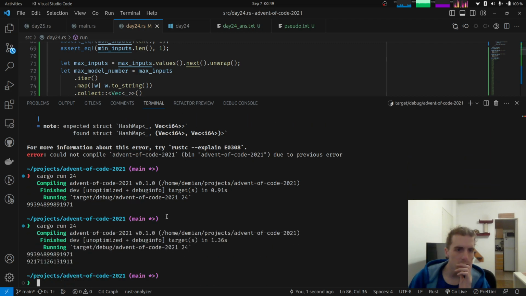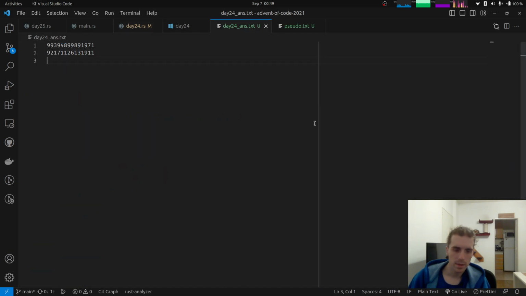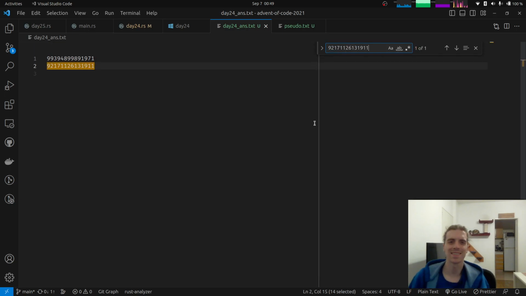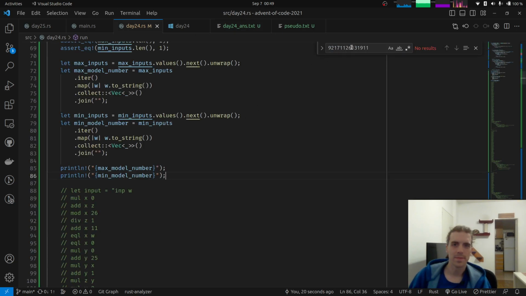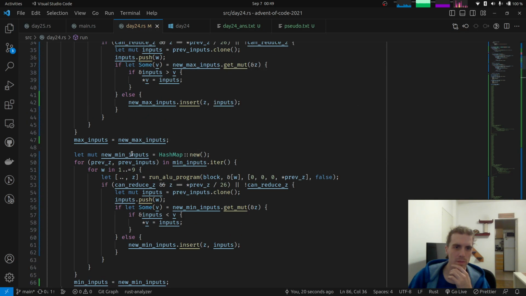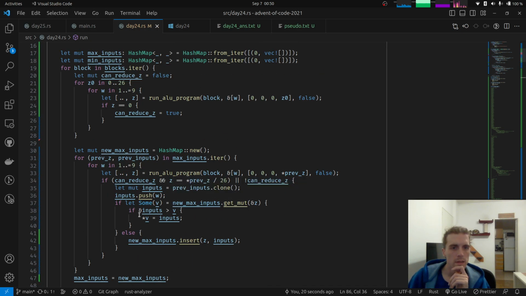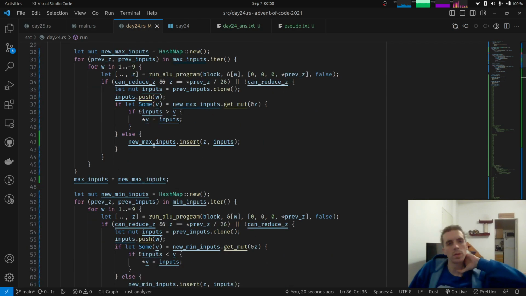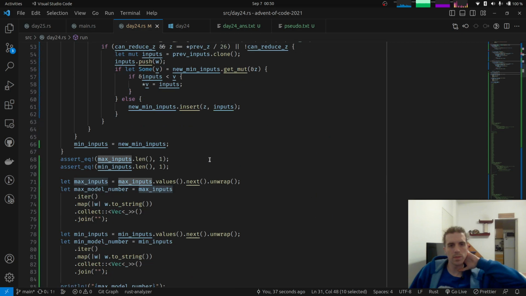What happens if we run now? Well, the maximum is the same as before, yes. And is the minimum the same answer that we have here? Yes, it is. Okay. All right. So this has repeated stuff. What you gonna do? Yeah, it is pretty repeated, to be honest, but they are 2 different things, the max inputs and the min inputs, and we keep